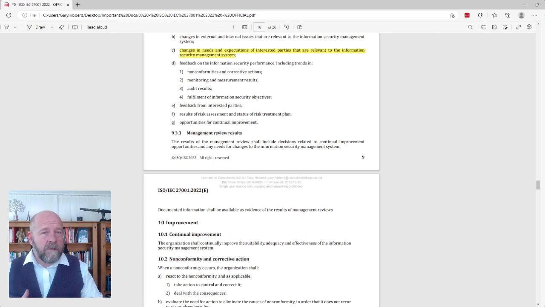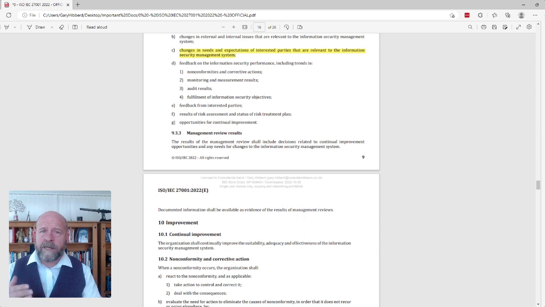So track what the results are of your management review. You will need to evidence it. That doesn't mean you have to have detailed minutes of he said, she said, they said. It should include key decisions that have been made. And the way that we, again, track this is we have a continual improvement log.